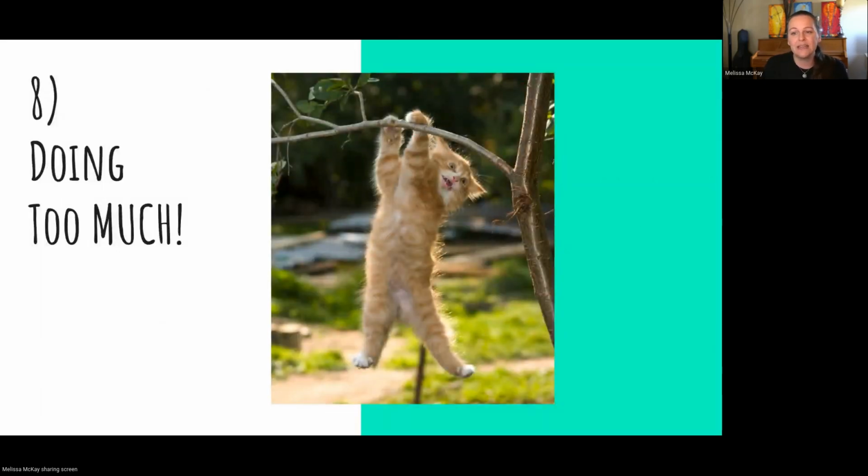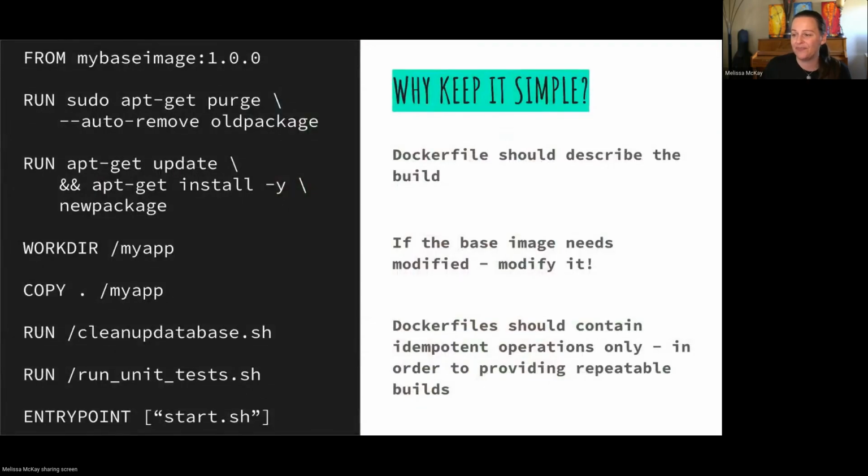All right, lastly, when you're new to Dockerfiles, it can be pretty easy to fall into the trap of treating your Dockerfile as a glorified shell. And our Dockerfile was doing quite a lot and doing too much, really. This is another contrived example. There are several problems here, and we had some crazy side effects from what we were trying to do in our Dockerfile. The first one was there was a package coming in from the base image that was old, but we weren't able to remove it